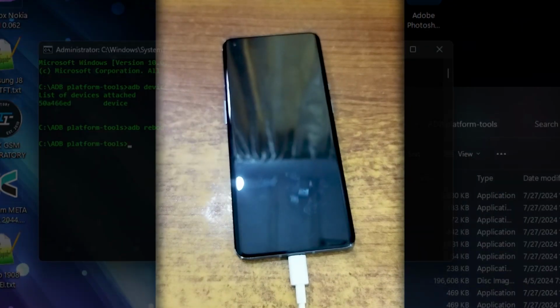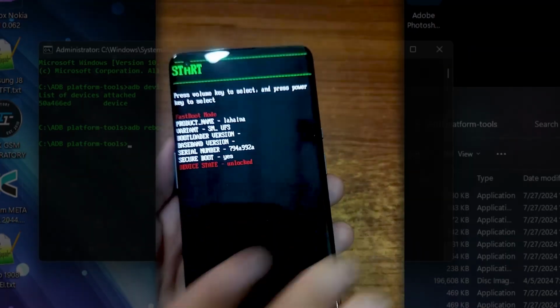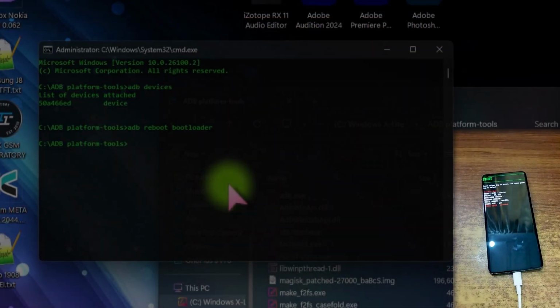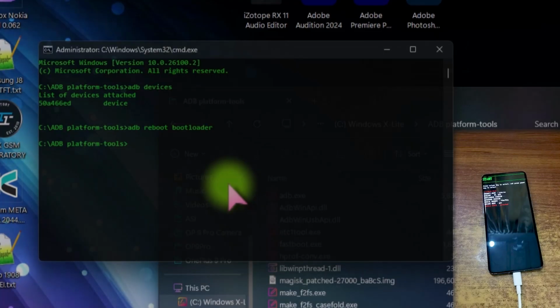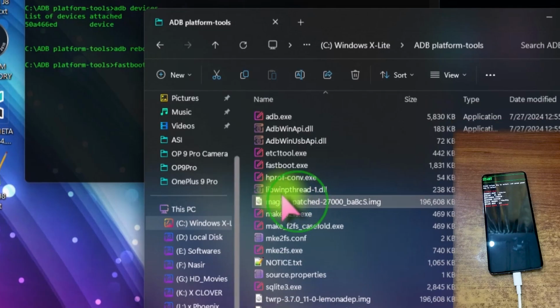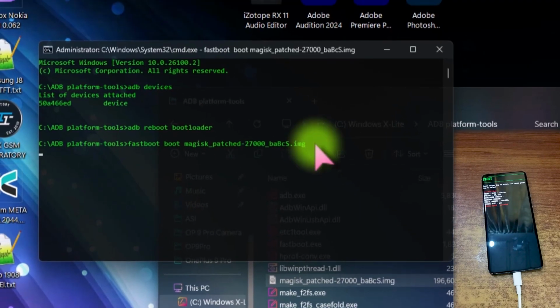Now you can see that there is no bootloader unlocked warning, and also you can confirm that the bootloader is unlocked here. Now we have to temporarily boot with this Magisk boot image. We should not flash this image. Instead of this, we first have to temporarily boot with this to check the potential errors we may encounter with this file, if this image file is bad somehow. So from here just type fastboot boot and now just drag and drop this file here and just select this CMD, hit enter twice,